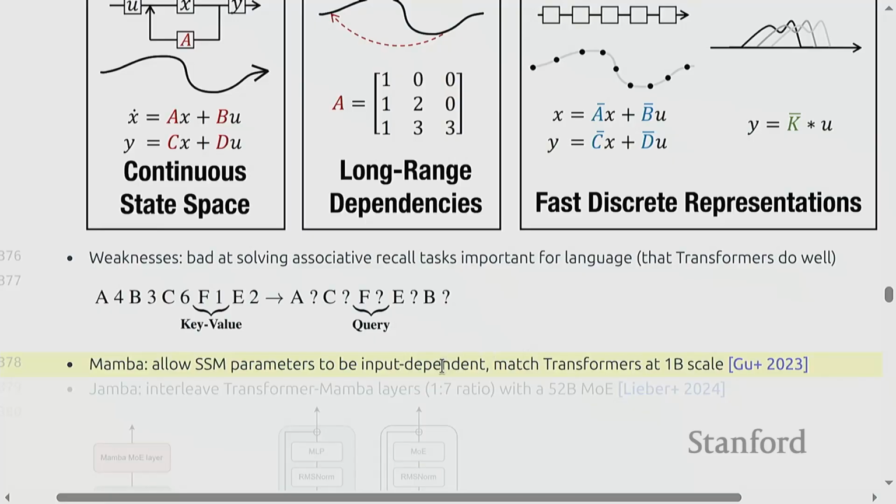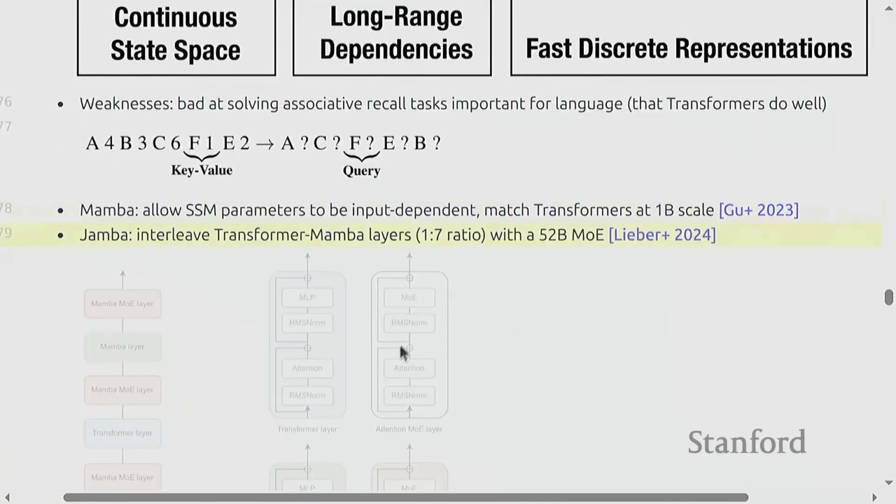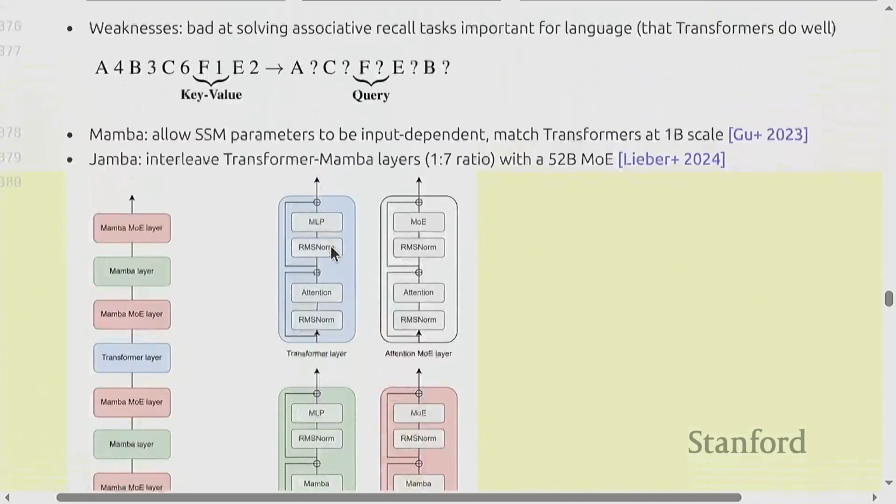The idea of Mamba has been popular and scaled up even to a 52B MOE by the AI21 folks. Notice that in this case, they still had to use a transformer. They had a transformer only every 8 layers. The rest of them were Mamba layers. And so that still led to a fairly big savings and speedup.